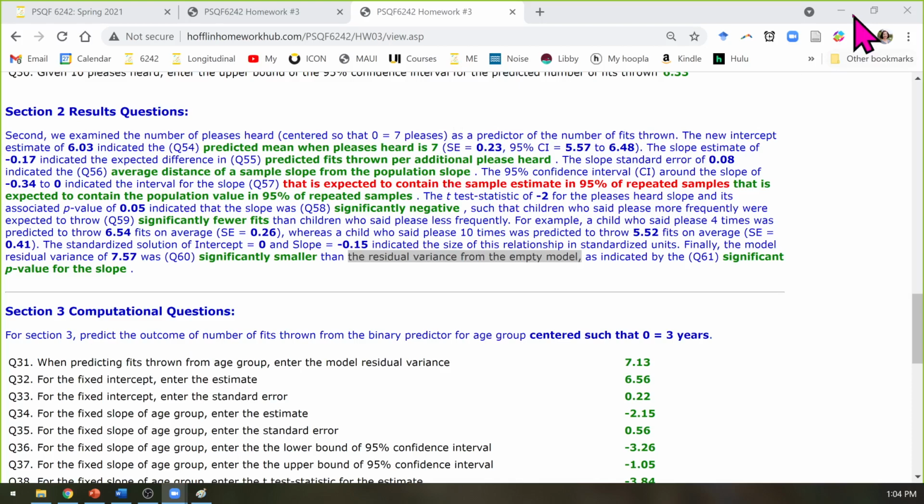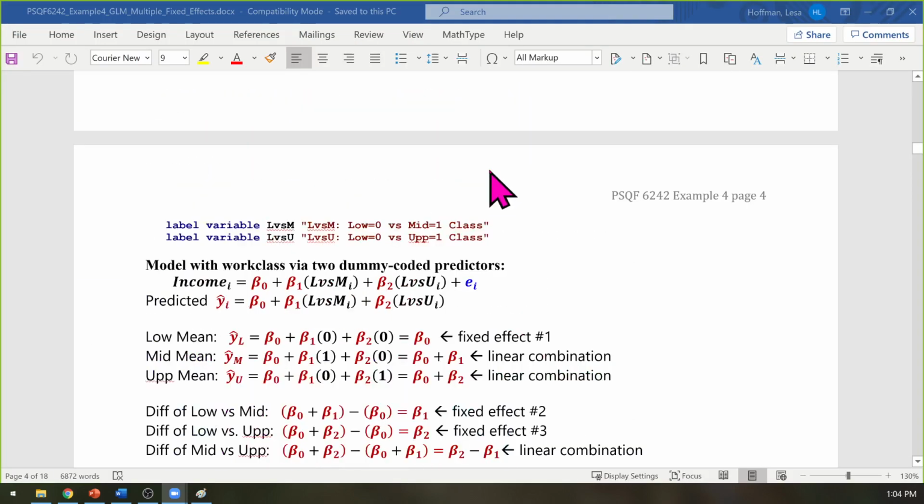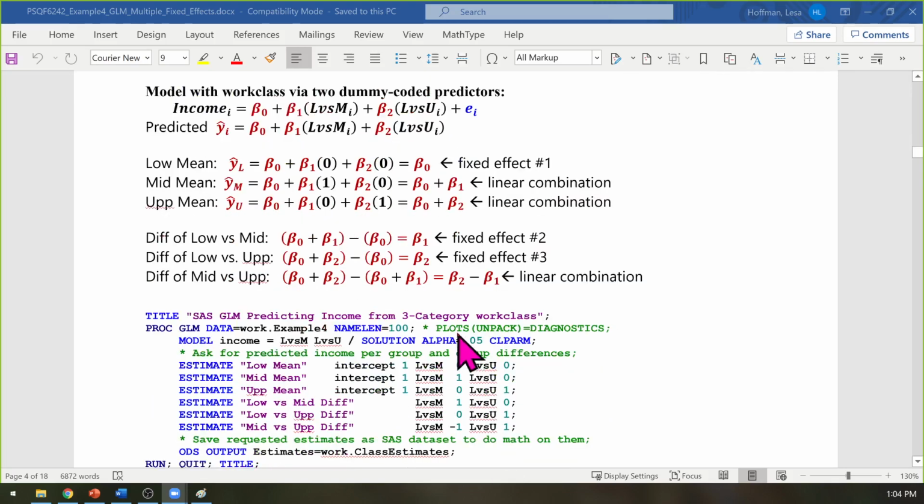So then, heading back into extending this to look at slightly more complex models, leaving the world of simple behind and having more than one slope for a predictor. This was example 4 that we started looking at, 3 groups. I wanted to go back over the part that I rushed through at the end of class last time to make sure everybody's good with that, because you're going to get a chance to practice this in